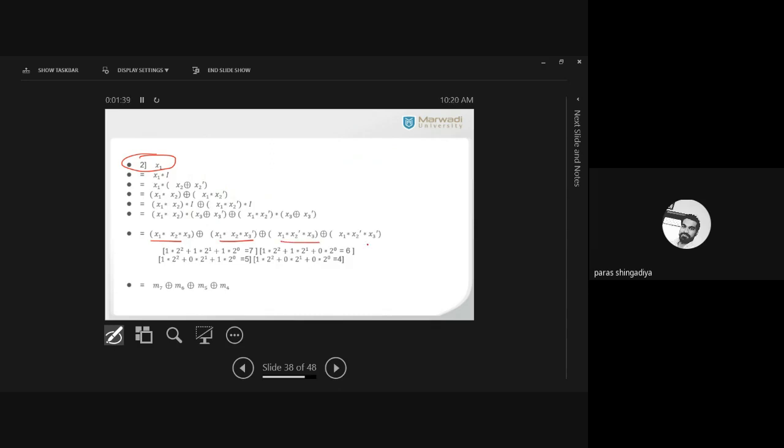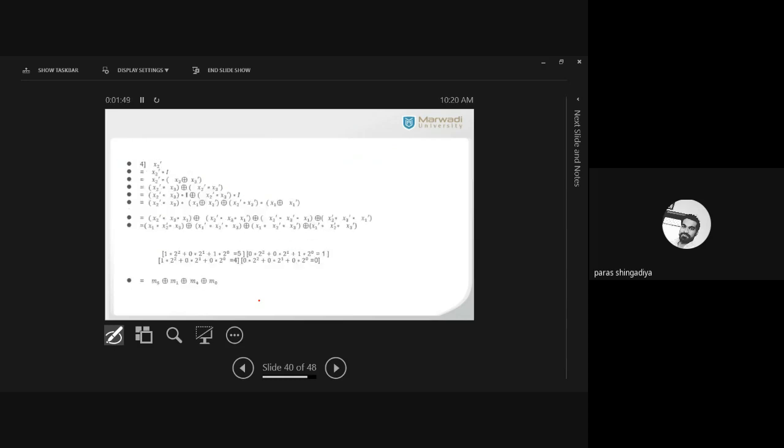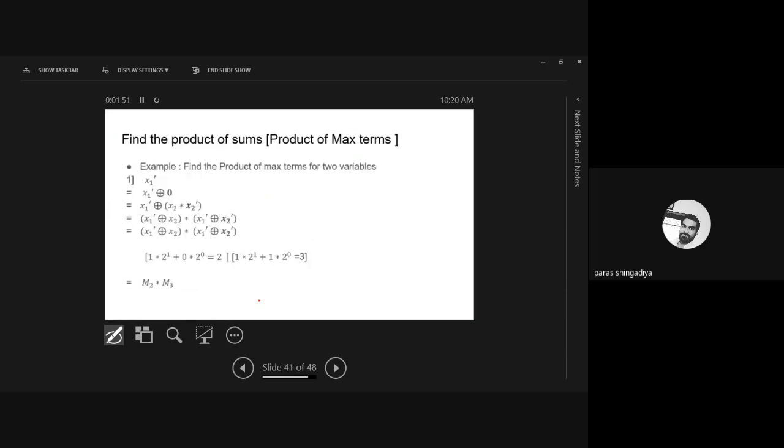Okay, this procedure is to consider the three variables in each bracket. At last each bracket should involve the three variables. Clear? And then we can check the answer of minterm. Next, that is for another example. And then the next theory we discussed was the product of maxterm.